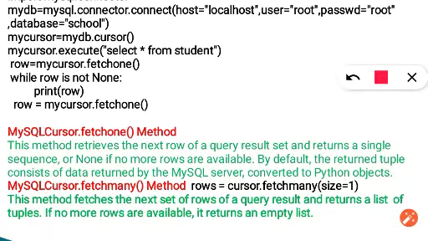But when I'll be using this fetchmany method, then this method will fetch the next set of rows of query result and returns a list of tuples. And in the same way as fetchall works, it will return no more rows if nothing is available, then it will give you an empty list. So hope the difference between fetchall, fetchmany and fetchone is clear to you all.